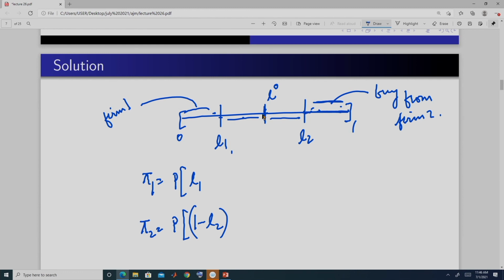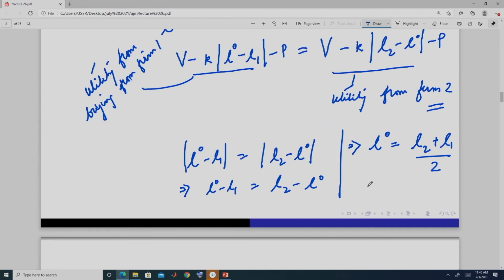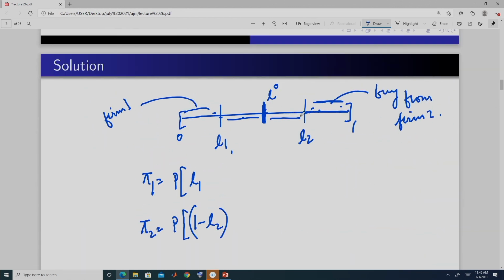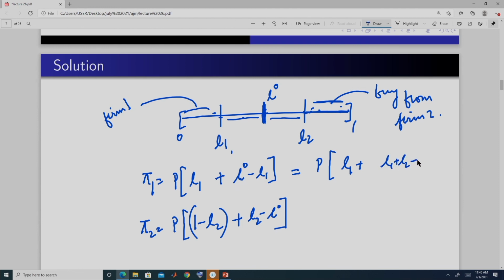This L dot here is the person who is indifferent, and we have found out the location of that person. The location of that person is half of the distance between these two. So, the profit of firm 1 here should have been like this plus L2. So, this is equal to, what is this? This is L1 plus L2 minus,